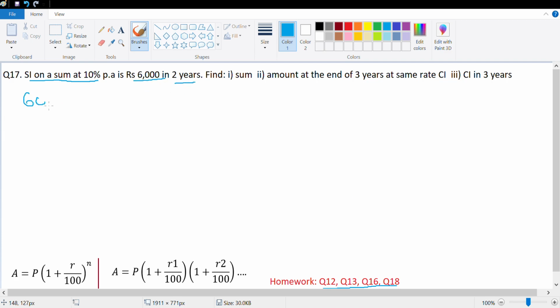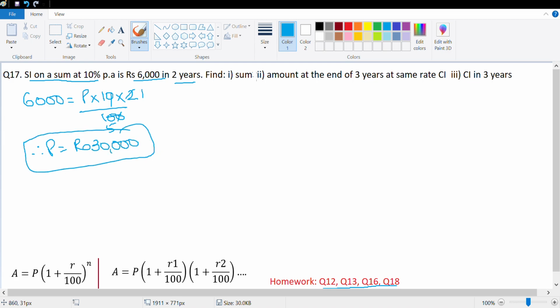So simple interest is 6,000. Principal we don't know. Rate 10, time 2 upon 100. 2 into 10 is 20, and 20 divided by 100 is 1 upon 5. Therefore, P is equal to 6,000 into 5. That's rupees 30,000. So first part of the question done. Find the sum. Next part, amount at the end of 3 years at the same